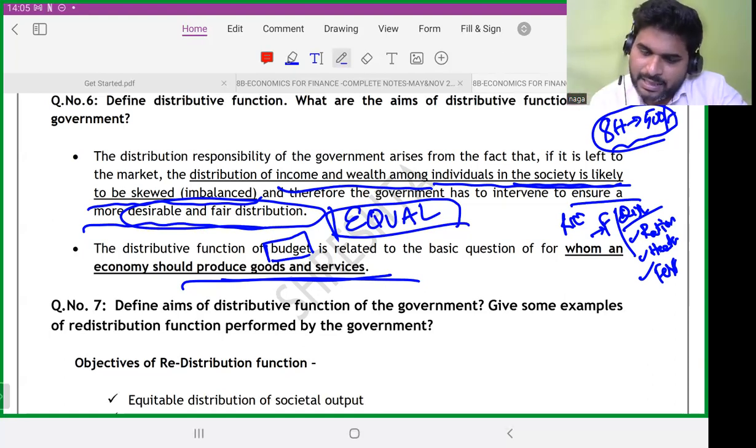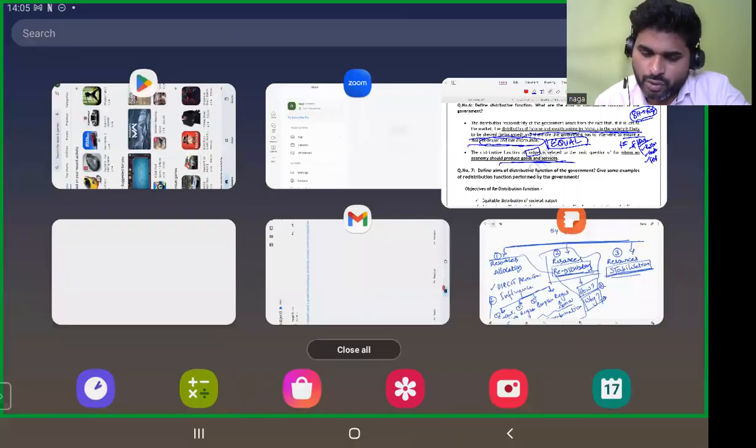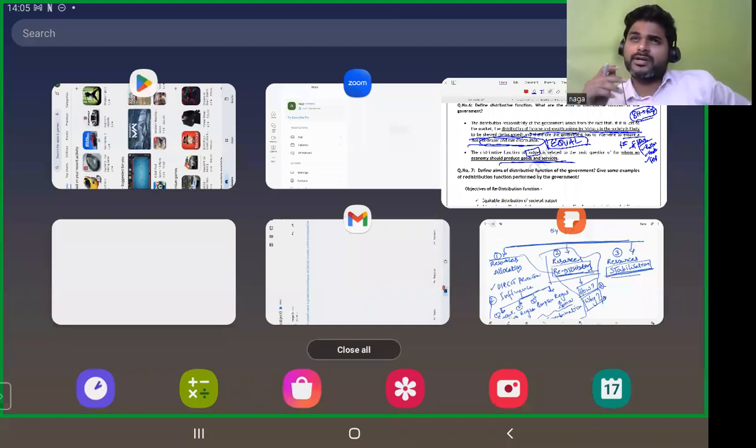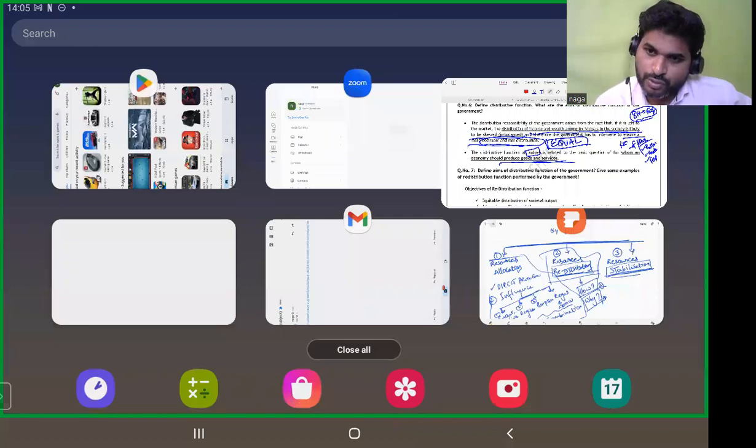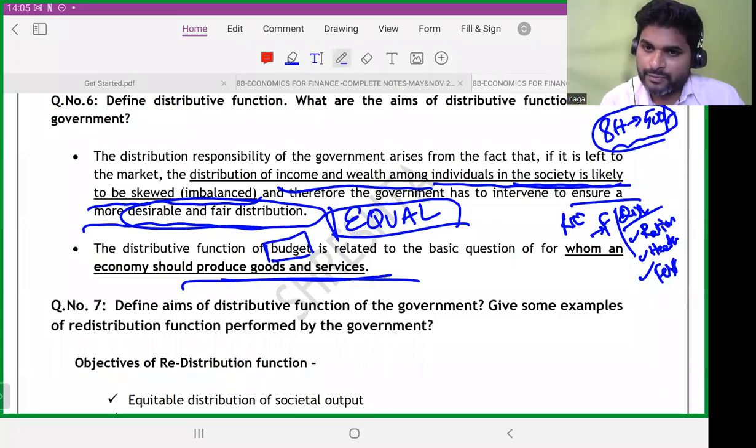So that's the reason for the distribution function. There are many great scholars who question the role of the government in an economy. People say the government should not intervene in all of these things, and should just take care of basic law and order and education. But there are certain other functions the government needs to do apart from those basic things. The distribution function is one classic example.